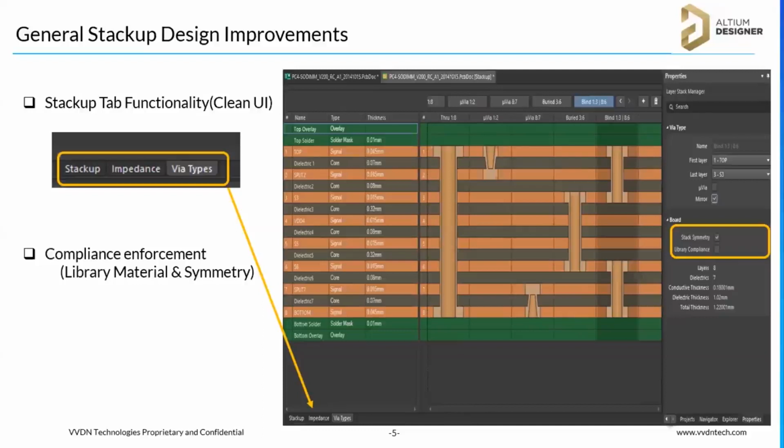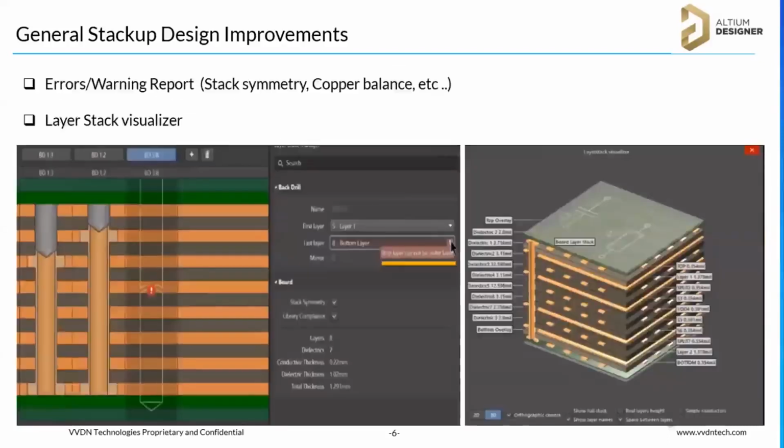It will automatically maintain a balanced, symmetrical stack-up. And library compliance means if you have mentioned some material here, it will check whether the material value matches your material library or not.